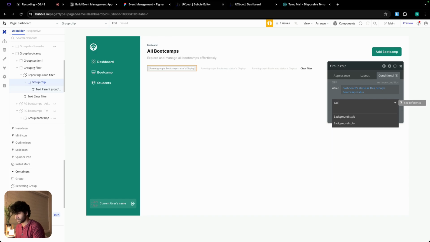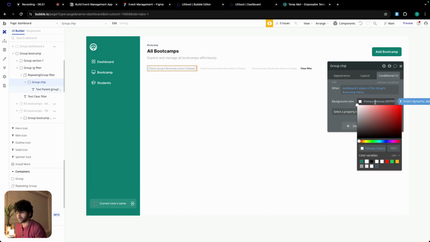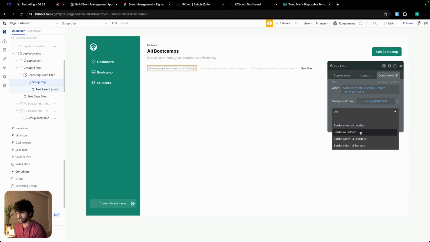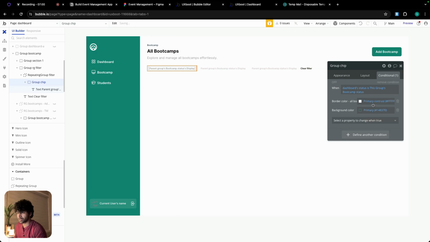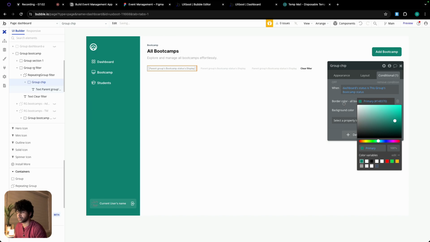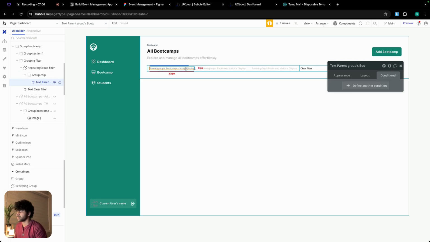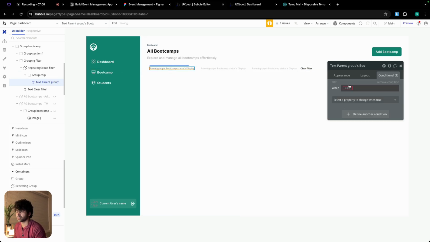Then background color changes from white to green with an opacity of 10, and the border color changes to green. I'm gonna copy this expression and we're gonna do the same thing for the text over here. So let's paste the expression,